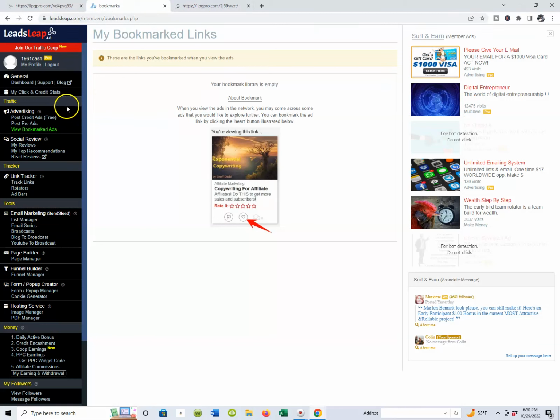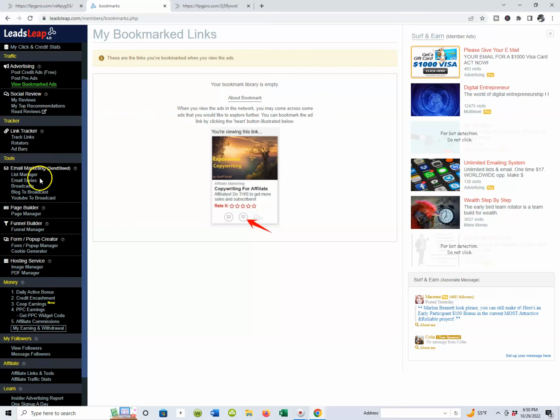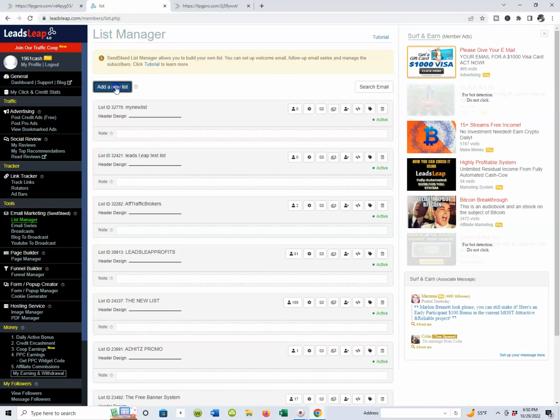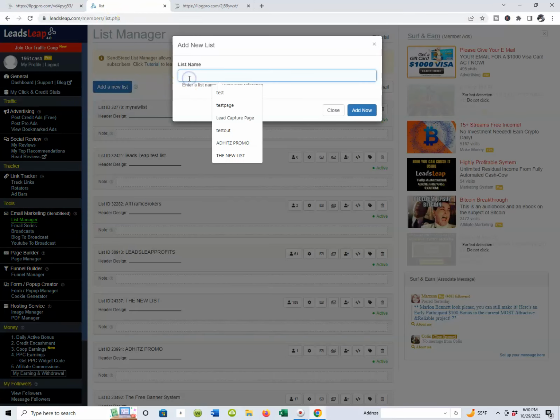So I want you guys to get inside your Leads Leap membership, and I want you to come to your email marketing tab, right? And it's right here on the left-hand side. You'll see email marketing, and just click List Manager. Because once you click List Manager, you're going to be able to add a new list. You're inside of your List Manager, and just go to Add a New List. And we're going to call this